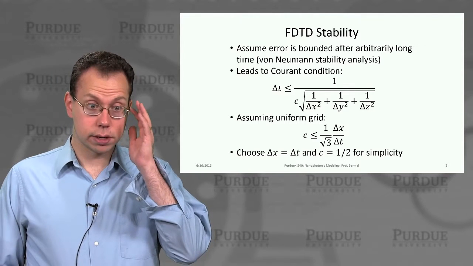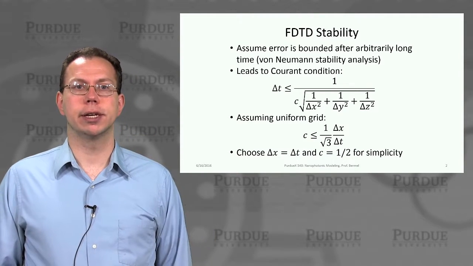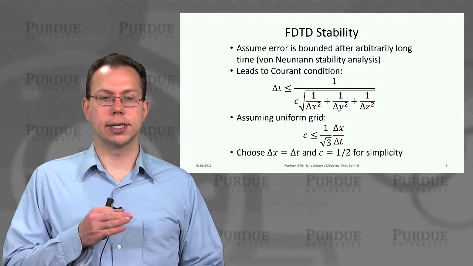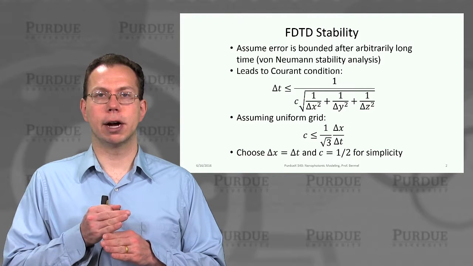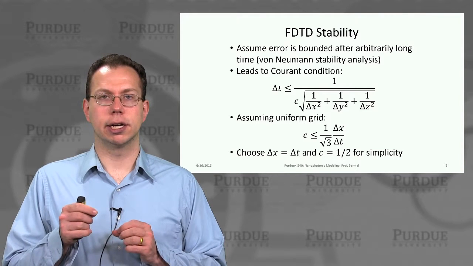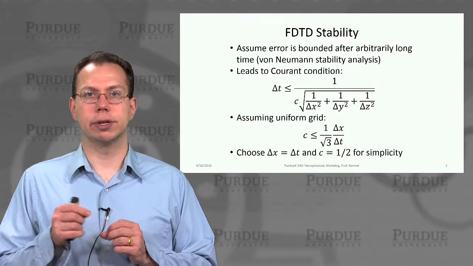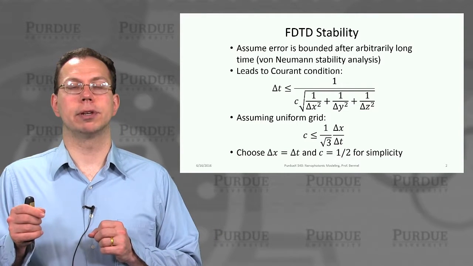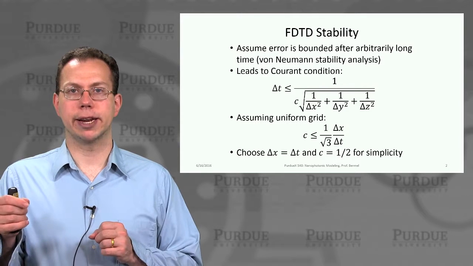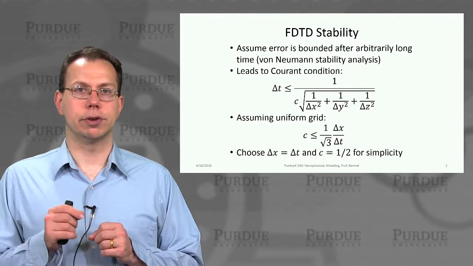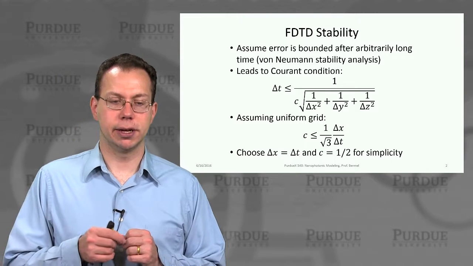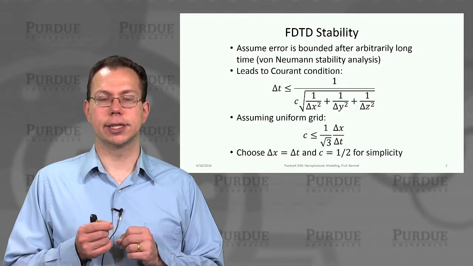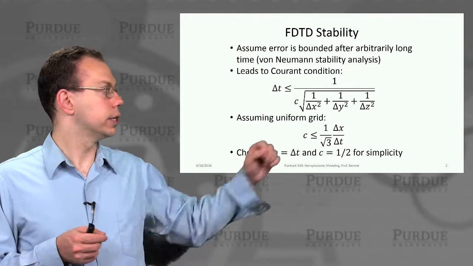So we can perform what's called von Neumann stability analysis, and that allows us to decide if a standard problem would have a bounded and finite error that wouldn't expand rapidly or exponentially as optical waves, basically electric and magnetic fields coupled together, propagate through the system in finite difference time domain. And we can use the von Neumann stability analysis to derive the Courant condition, which is shown here.